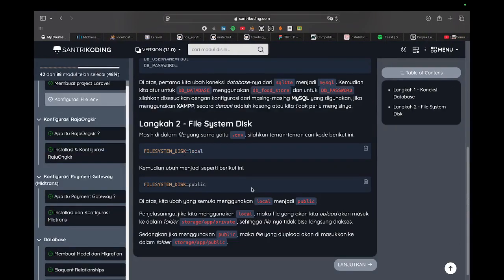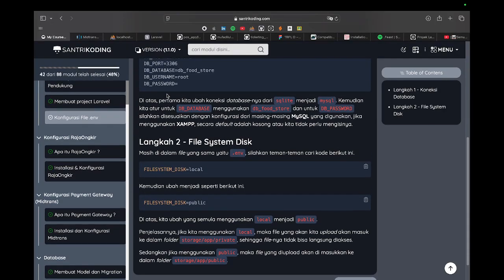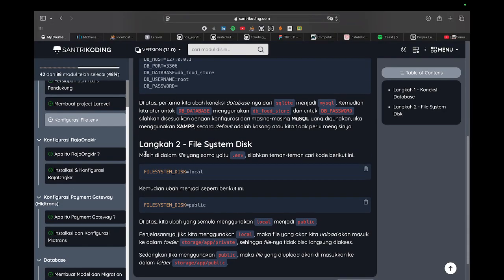Okay, after that, in the same .env file, we find the filesystem disk.